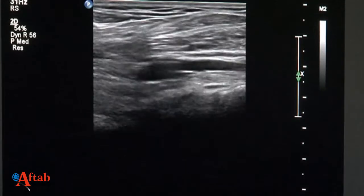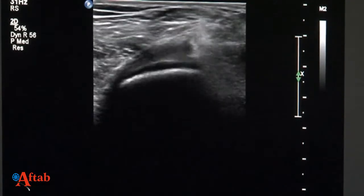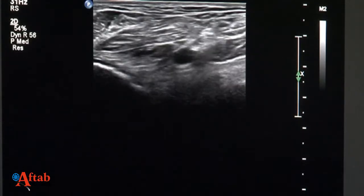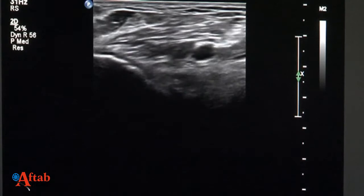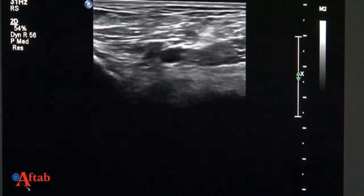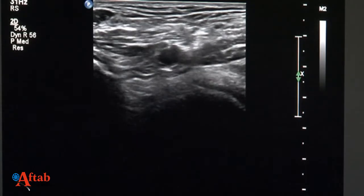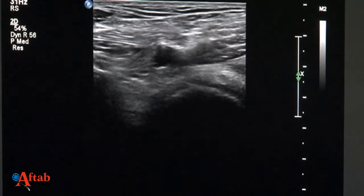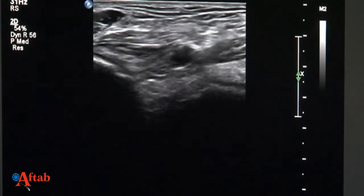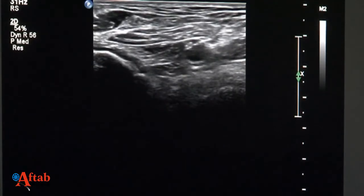The more important part is, I'm really sorry because I'm not putting him in an optimal position, but I will, and that's when we will talk about the place from where the Baker's cyst emerges. It comes between the medial head of the gastrocnemius, and as I come a little more medially, the semitendinosus tendon right there, but a part of the muscle of the semimembranosus is seen. So in between the semimembranosus and the medial head of the gastrocnemius,